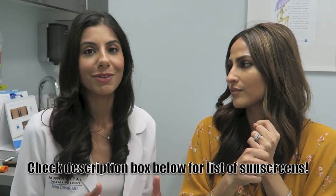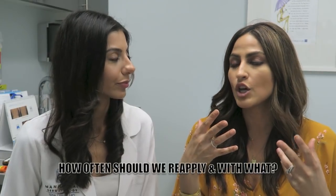Although now there are some nicer mineral sunscreens that do go on our skin a little bit more easily and leave a little bit less of that film, so we do have more options. But the majority of the options for darker skinned individuals that are not going to give you that thick, whitish, grayish cast are going to be the chemical sunscreens. Now, a big question that so many women ask is, how many times should I be reapplying